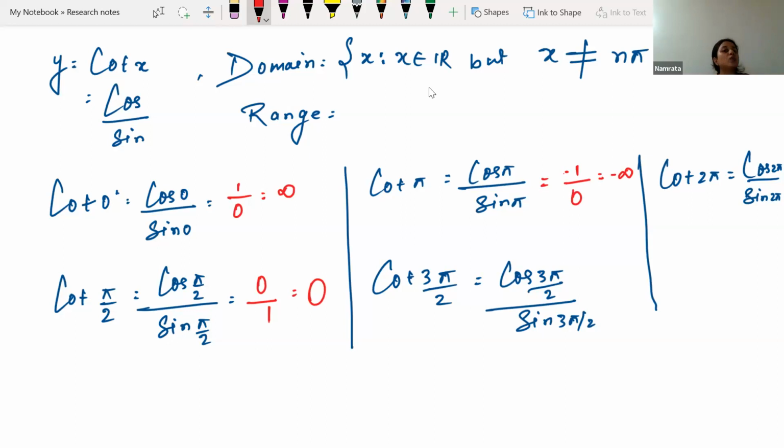This undefined can also be written as infinity. When we are having 1 by 0, we write it as a positive infinity. When we are having minus 1 by 0, we write it as a negative infinity. 3 pi by 2, cos 3 pi by 2, odd multiple of,